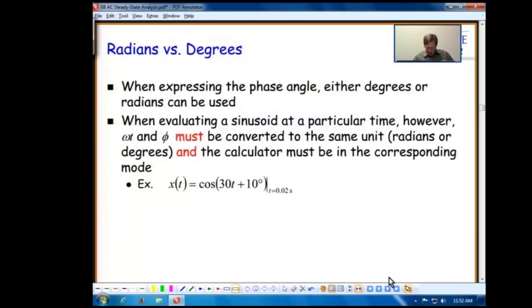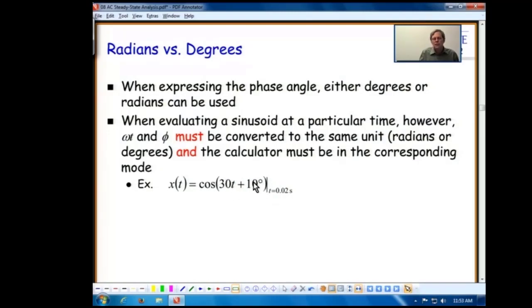Now, one thing to be very careful of when we evaluate sinusoidal or cosinusoidal functions that are expressed this way: here I have x of t equals cosine of 30t plus 10 degrees. I've got kind of a mixed metaphor here. 30t is expressed in radians, and the 10 degrees is expressed in degrees. If I want to evaluate, let's say this is a voltage, the voltage at a particular time, for example 0.02 seconds, before I find the cosine of this value, I have to get everything in